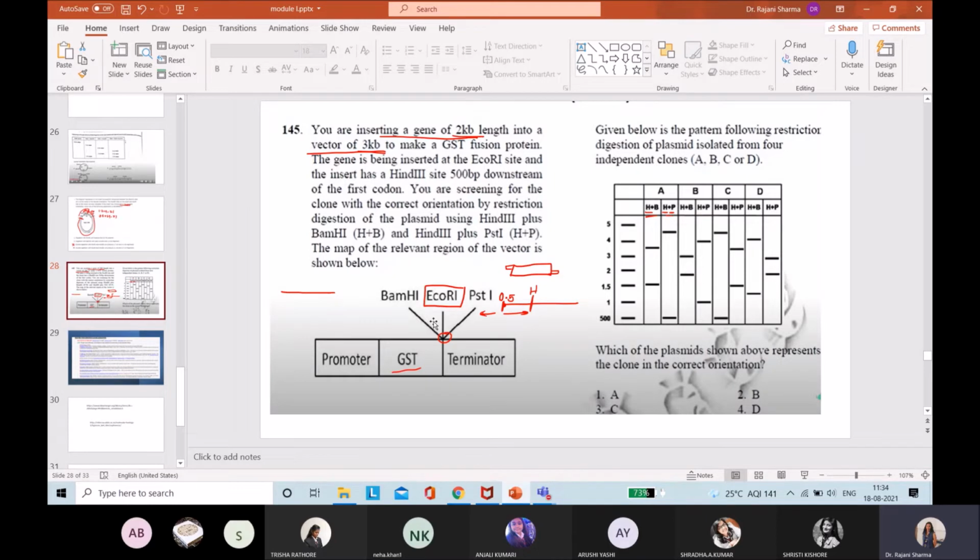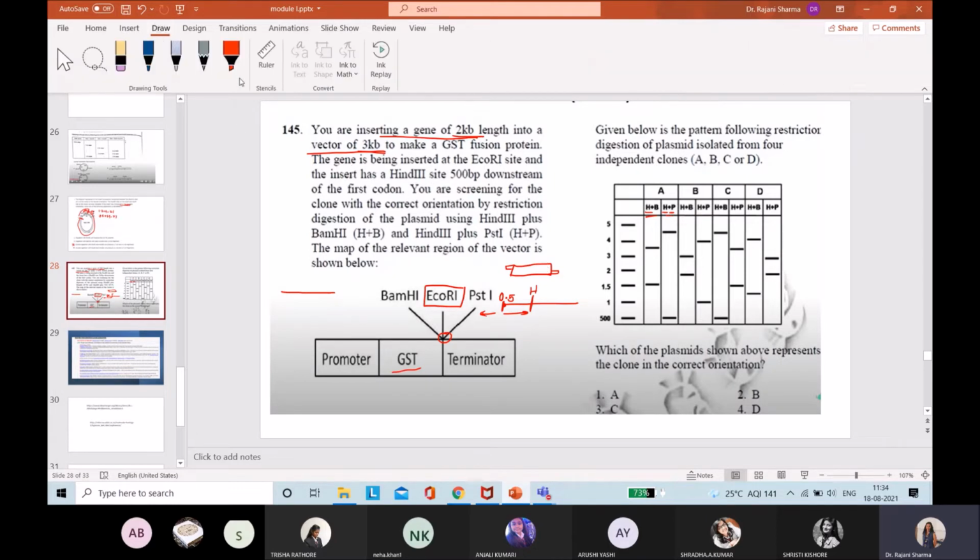In this experiment we are using a 2 kb length with EcoRI as a cutting site. But how do you come to know that this should be EcoRI?